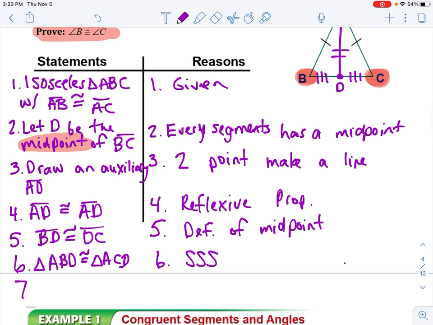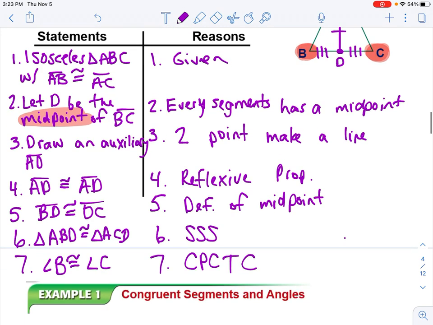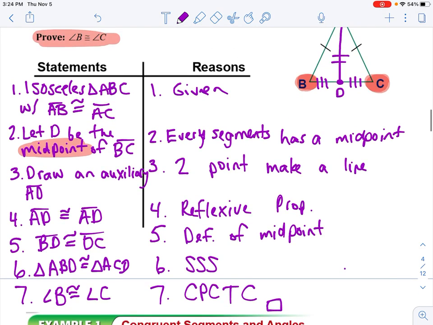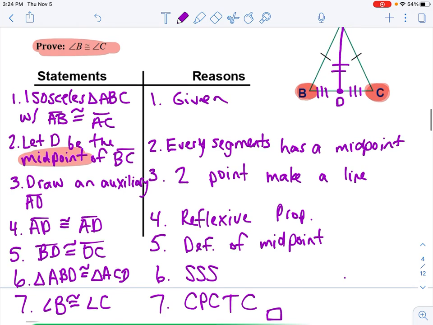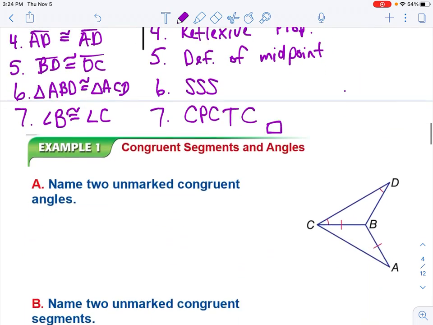And then my last step here, I can go ahead and state my proof statement. Angle B is congruent to angle C because of corresponding parts of congruent triangles are congruent, or CPCTC. Now this proof you won't have to rewrite on your homework or anything. It's just to prove that we can now do algebra with the isosceles triangle theorem forever, okay? So,